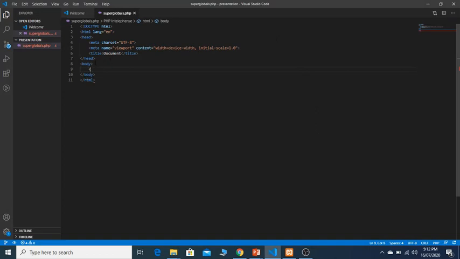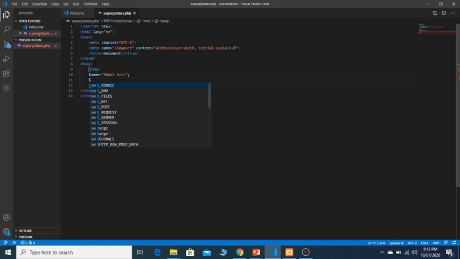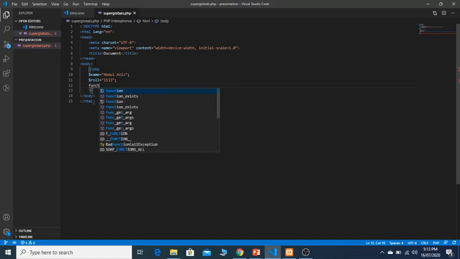So let's start. First we write the PHP starting and ending tags. In the beginning we initialize a variable name equal to my name, which is Abdul Aziz, and then we go for roll number, which is 1113. So in order to explain the super global variable, we have to initialize a function as display,